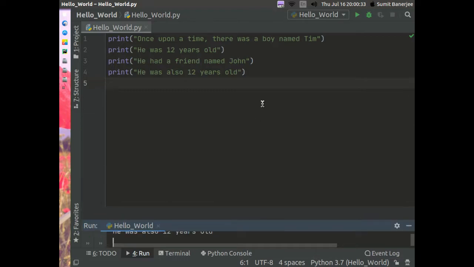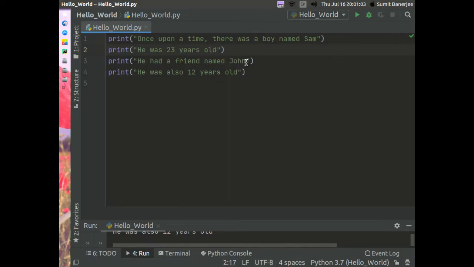So now let me say that I want to change the name of the boy to, suppose, Sam. So I would manually go to every line and change his name to Sam. And let me say now I want to make him a little older. So I'll make him 23.